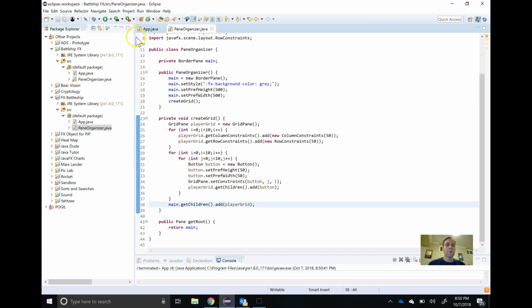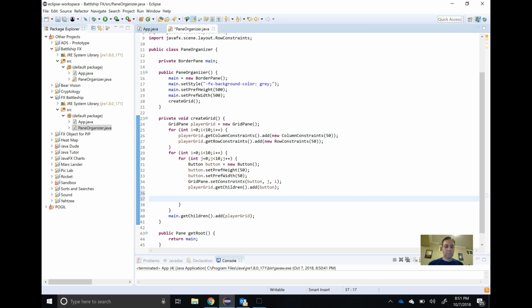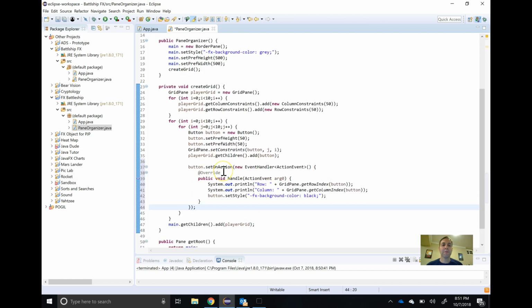Okay, so we're going to add a button handler here, and I'm just going to put it down in here. Okay, so I basically have set my on action for my particular button within my loop here, since I want to make sure I'm doing this for each button. Now notice that here I'm setting the on action, I'm creating an event handler. Right now my event handler is just printing out the row and the column to the sysout,